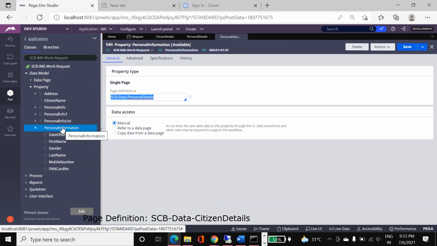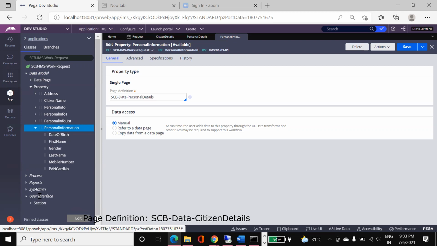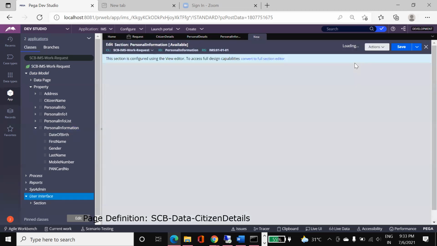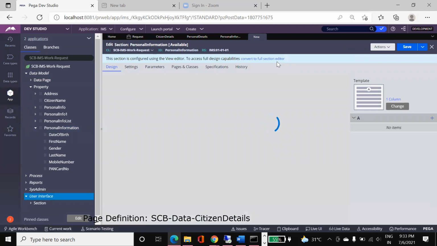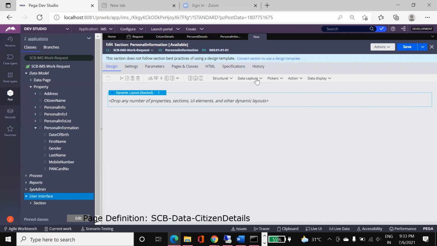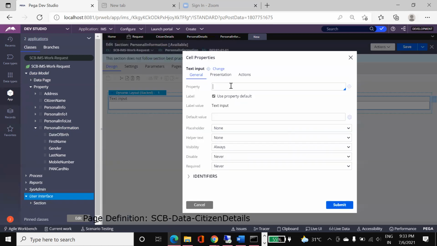Now, if you want to refer to these in your sections, let's say I create one section. To refer to a property, I click on dot.